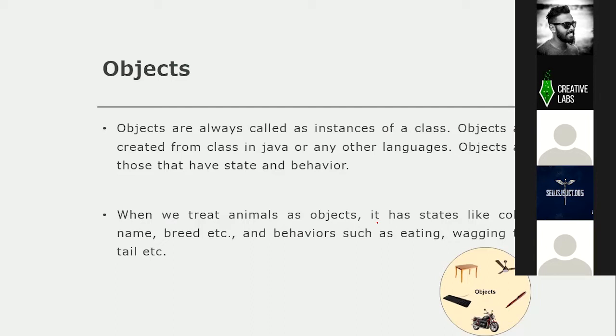These objects include two things: their state and their behavior. For example, if we take an object such as a person, can you tell me what states this person can have? State in the sense of what features this person can have.